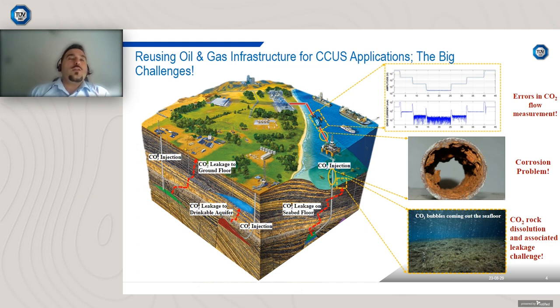But the presence of impurities within the CO2-rich blends would cause significant errors in the performance of the flow meters. Then we might have the problematic two-phase liquid-gas flow within the transportation network, and also those harmful impurities and some polar components like water after condensation of the water in the transportation network. We might face the corrosion problem, asset integrity, and scaling, and also potentially CO2 reservoir rock dissolution and precipitation and associated leakage